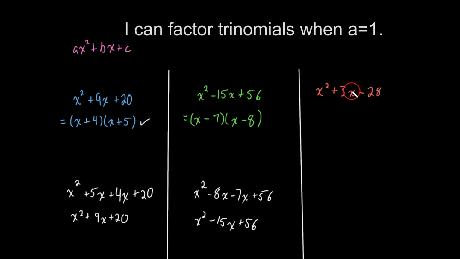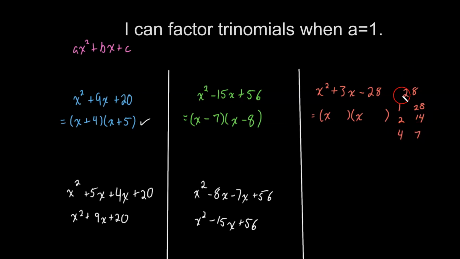So we're given x squared plus 3x minus 28. Again, we're going to split this up into 2 different binomials as we factor it. And again, the first term of both binomials needs to be x, because when we FOIL it out, it gives us x squared. Now we're looking for factors of 28 or negative 28 that add up to 3. So let's think of our factors of 28. Well, we've got 1 and 28, obviously, 2 and 14,